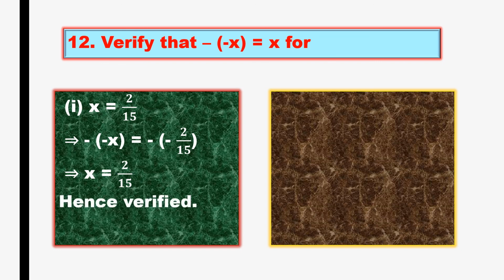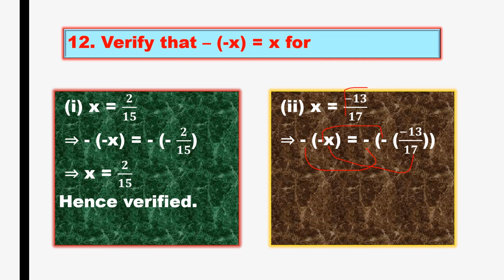The next question is minus 13 by 17. Just put it in this one, you should get the same question as the answer. So minus of minus, here this minus is this one and this minus is this one, and your x is having the minus symbol, right? So here minus into minus will get plus only, but this minus is left over, so your answer will be minus 13 by 17. So again you got the same question as the answer, so it is verified. Let us go to the next question.